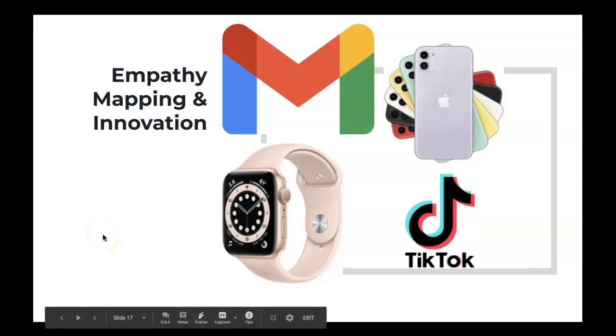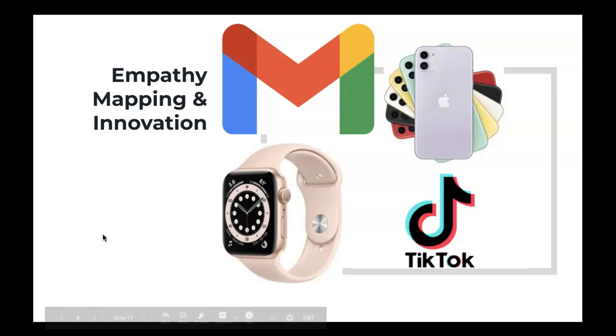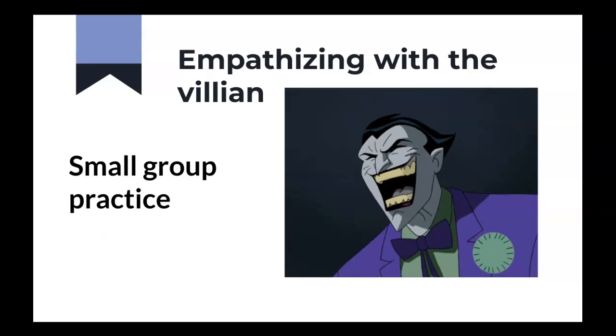So for today's practice, you're going to work in groups. You may choose your partner, send them a WhatsApp right now. Are you watching a Lisa video? Do you want to work together? You may work in groups of 3. You guys can set up a Zoom and the 3 of you can work together. And you're going to be doing an activity in small groups called Empathizing with a Villain.